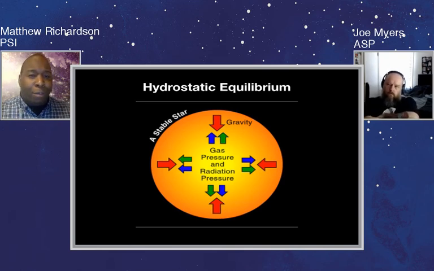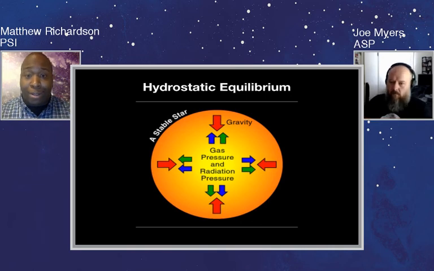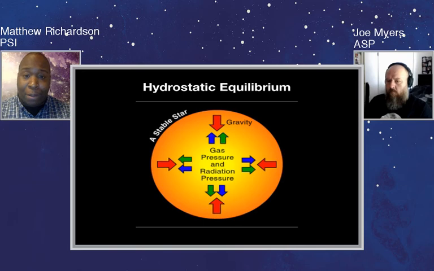But what happens if we were to remove one of those two, specifically the radiation pressure, due to the fusion occurring within the star's core, specifically hydrogen to helium fusion? Once that's removed, this point in the star's lifetime is when the star begins to, what we call, die. So once hydrogen to helium fusion stops, and we basically have a helium core, the star is now in the process of dying. It's lost that radiation pressure, and it's going into a different phase of its existence.